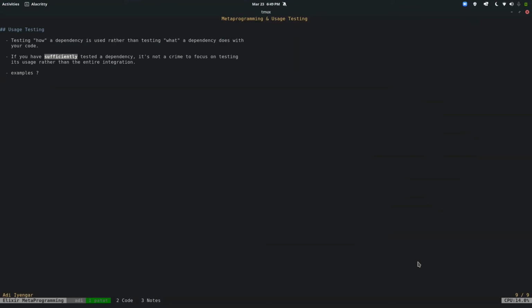My question is, does anyone know how shoulda matchers work? Do they actually do the entire thing, or do they do something else? Does anyone have any ideas? I know the answer, but I'm just curious what people think shoulda matchers do. Okay, well, if no one has any thoughts, so what they do basically, instead of doing the entire integration,